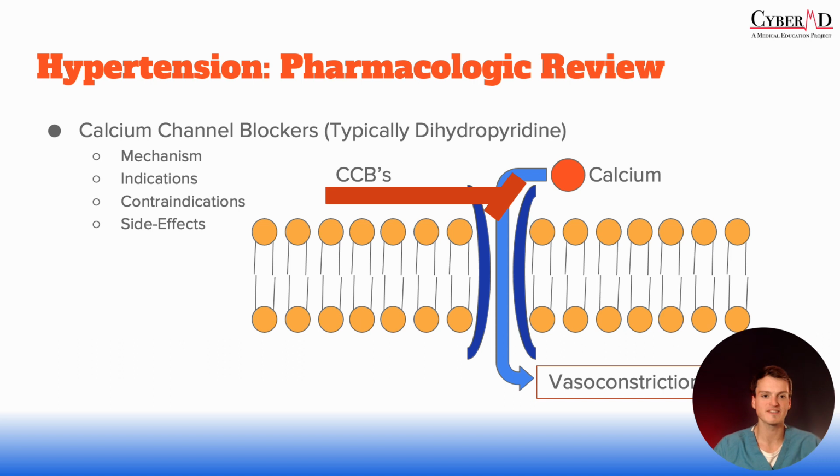All right, next up is calcium channel blockers, particularly dihydropyridines like amlodipine and nifedipine. And those are going to be working by inhibiting the influx of calcium ions through L-type calcium channels in the vascular smooth muscle. This action leads to vasodilation, primarily in the arterioles, which reduces peripheral vascular resistance and subsequently lowers